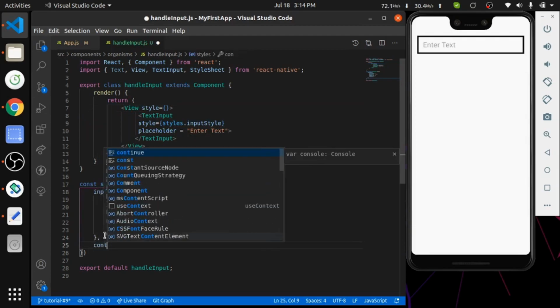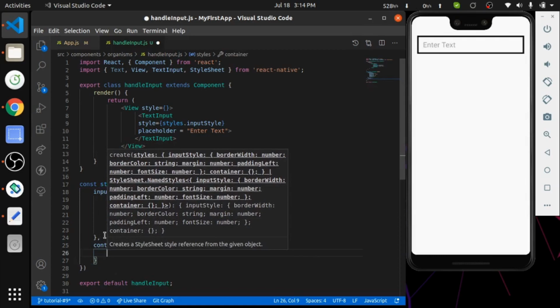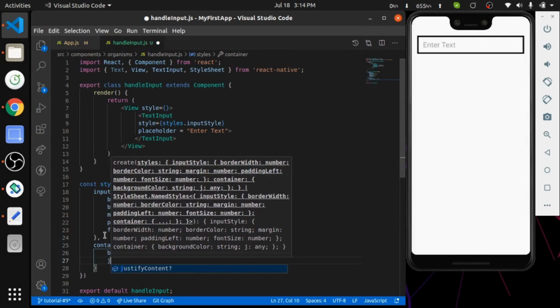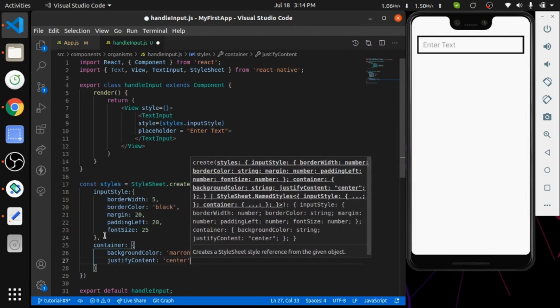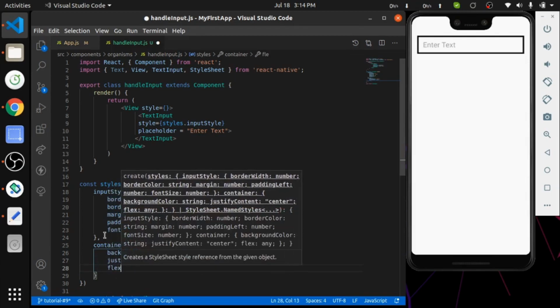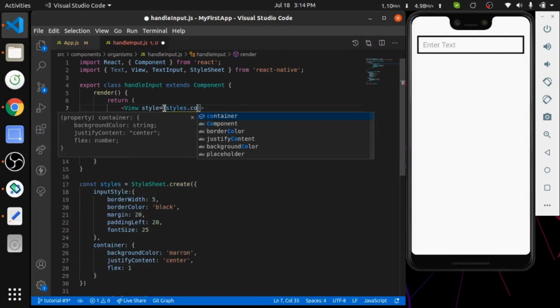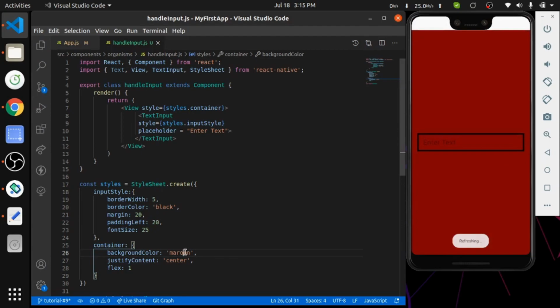So I'm going to create object for it, giving it a random background color, justify content center, flex font. I'm going to add this style to the view. When I hit save, you can see style is reflect on the emulator.